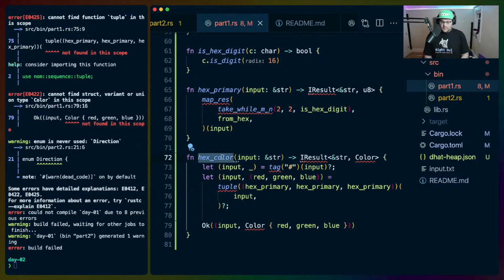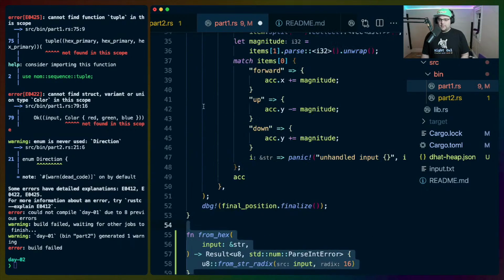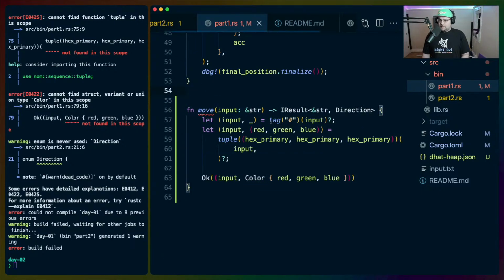Okay, so this is the parser. So let's do direction here, or move. Let's call it move, I guess. Maybe. I don't know. We'll find out. We're going to pass back a direction. What are we going to do here? We're going to do opt. I don't think we need any of these extra helper functions here. We're going to do